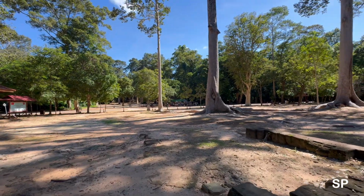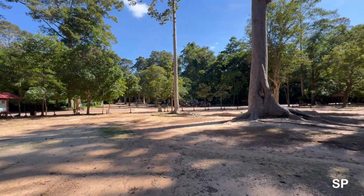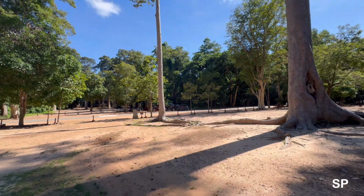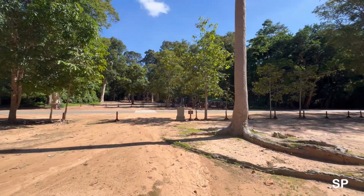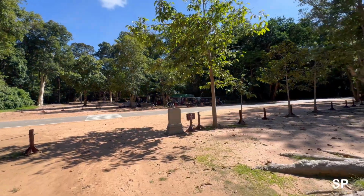So once you visit the bigger temples, the smaller temples will be underwhelming. So it's better you don't spend much time there. For me, it's very difficult. I don't know what the background is, so it definitely doesn't make sense to spend time. I'd rather go to the big temples, try to find a guide or some information so that I know what I'm